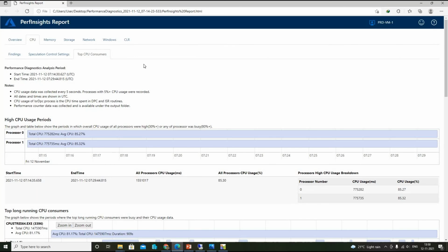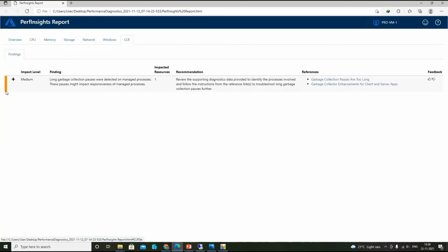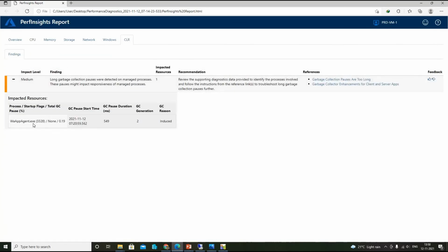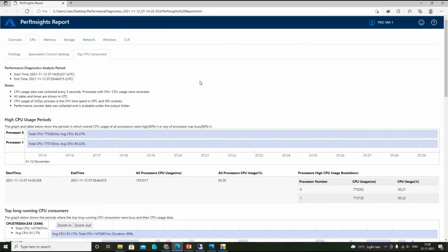This is quite a detailed analysis, and if you go to CLR, you will get a similar result. Here also WA app agent.exe is getting induced because of the high CPU usage, and that is the reason this insight is detected in our analysis.